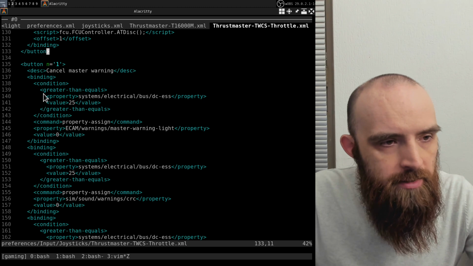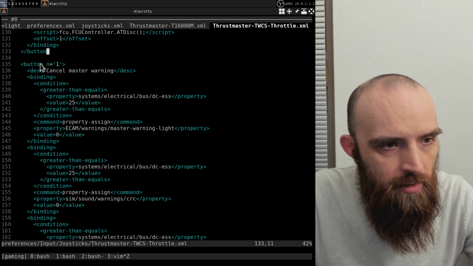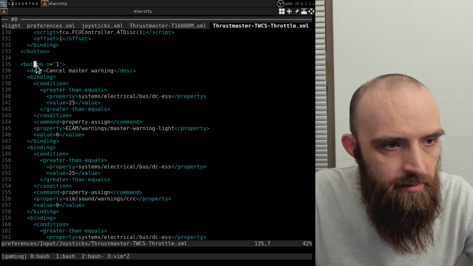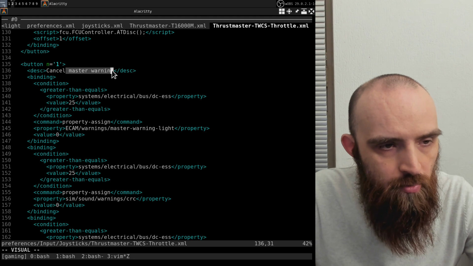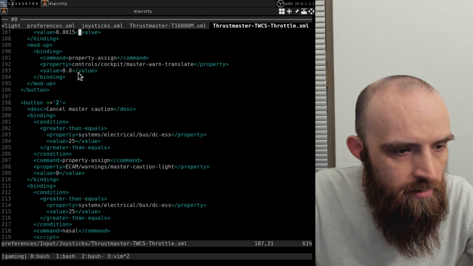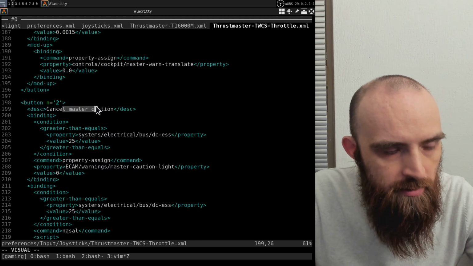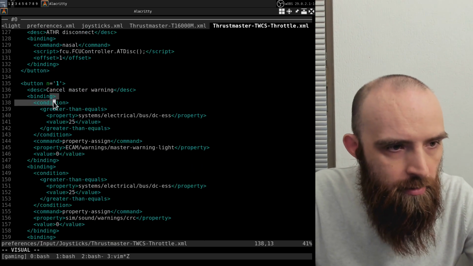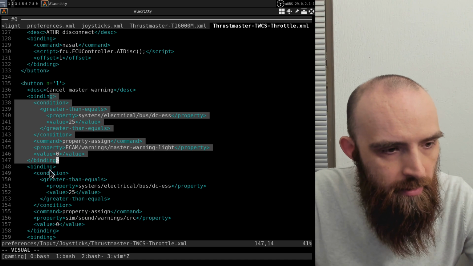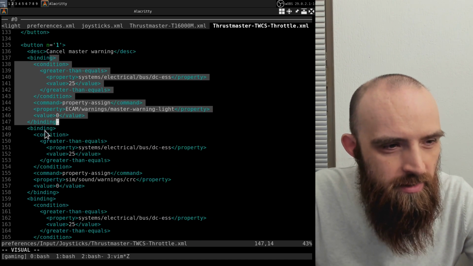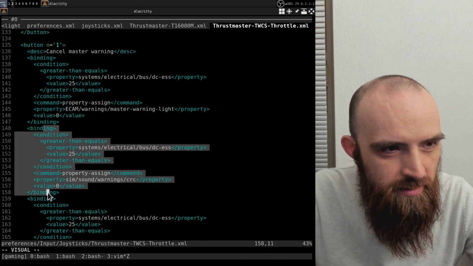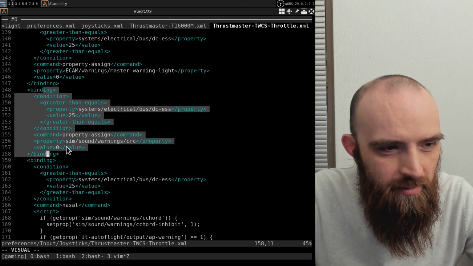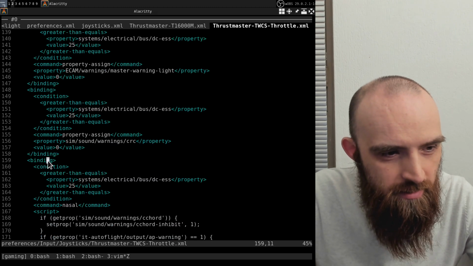So now let's find out how we can create such a binding. For this example, I'll be talking about assigning this button number 1 for a cancel master warning, and button 2 for a cancel master caution. So how would you figure out what code to put here under binding? And as you can see, I even have several bindings assigned to this single button. So this button, when it's pressed, it executes multiple